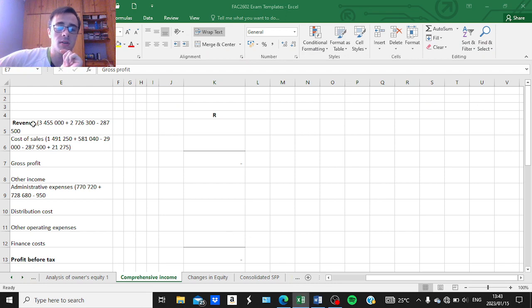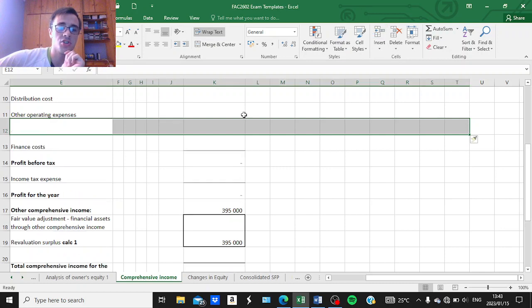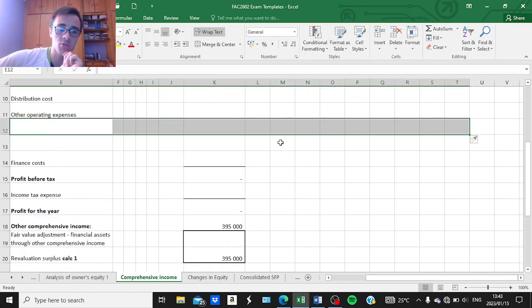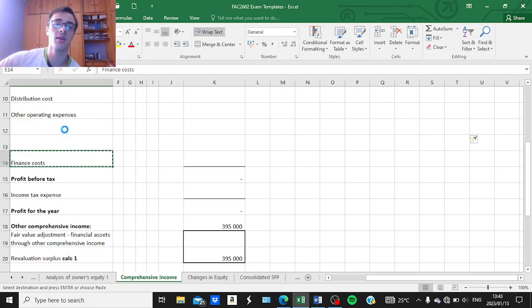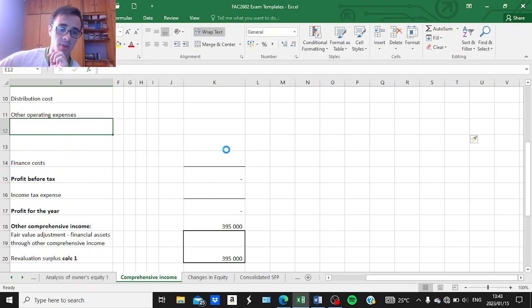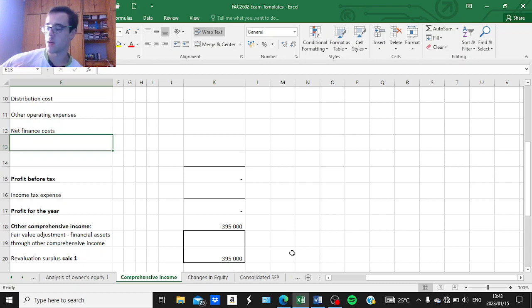Now because the interest income and expense are shown separately in the trial balances, we can offset those two items against each other to arrive at a net finance income or net finance costs amount that we will disclose in the consolidated statement of profit or loss and other comprehensive income. In this case, the total interest expense for the group will exceed the interest income for the group, which means that there is a net finance costs amount.